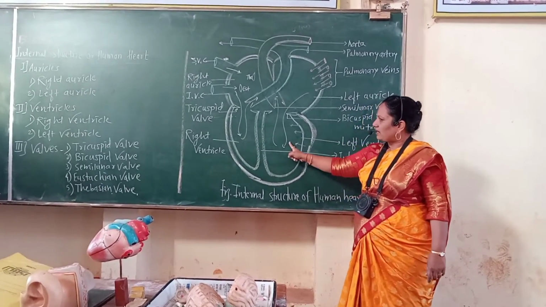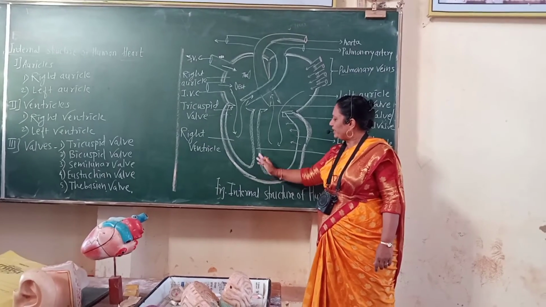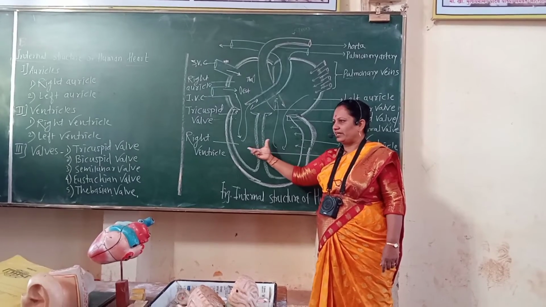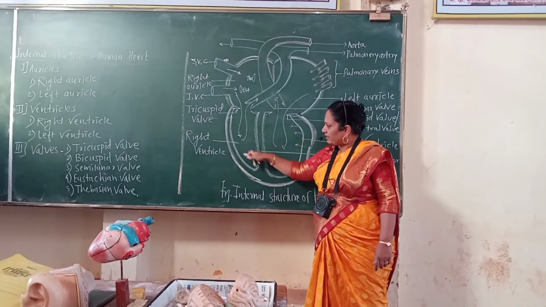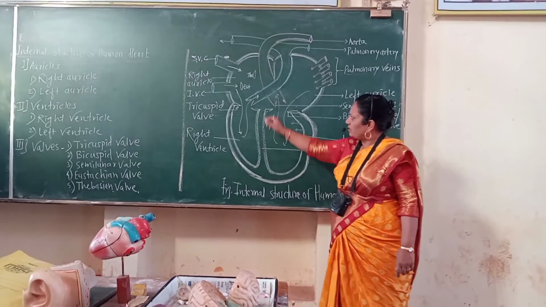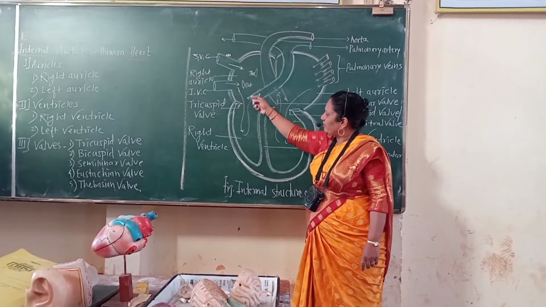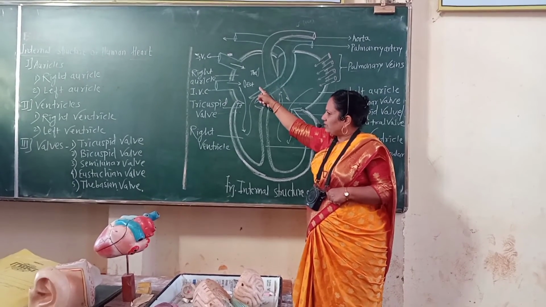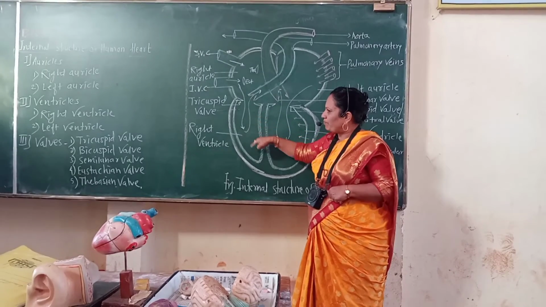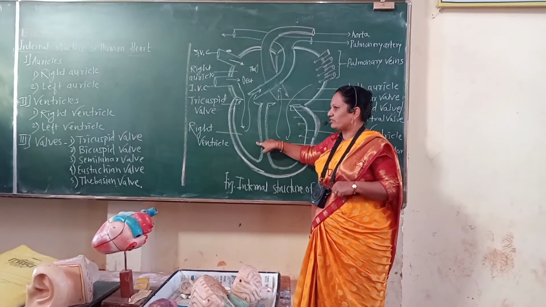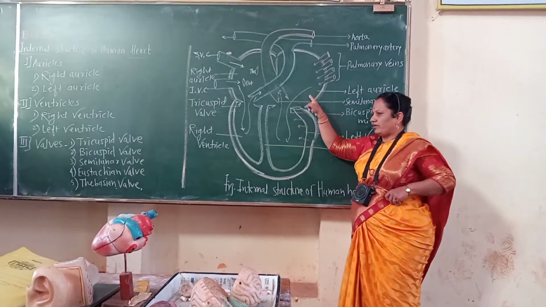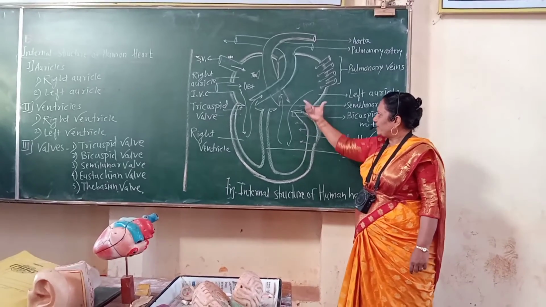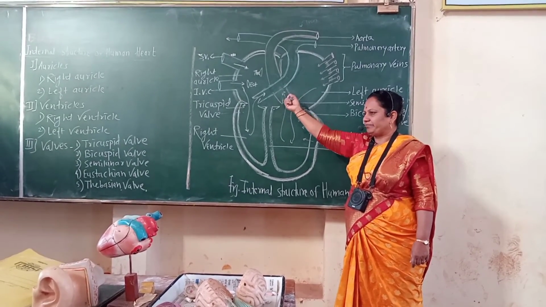The 2 ventricles are completely divided by the interventricular septum. Therefore, pure blood and impure blood do not get mixed. Here, right ventricle receives impure blood from right auricle when there is a contraction of auricles. Right auricle pours which type of blood in the right ventricle? Impure or deoxygenated. While left auricle pours which type of blood in the left ventricle? Pure, when 2 auricles get contracted.